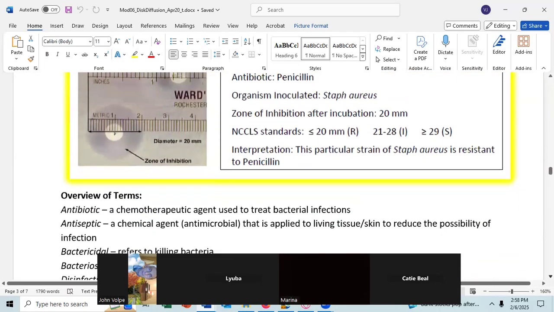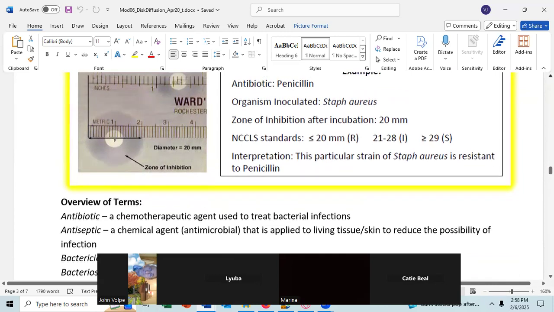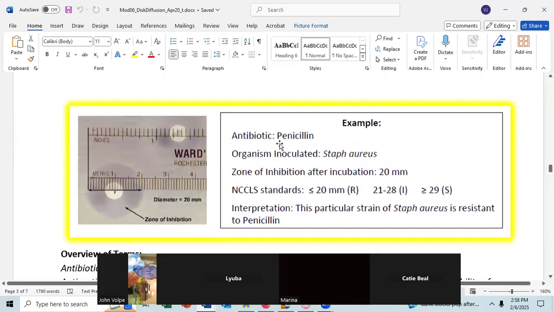Compare it to a table made by the NCCLS, National something something LS Standards. S stands for standards. I don't remember what NCCLS stands for. National Chemical, something like that. I'll get it in a minute. Anyways, on this table for the antibiotic penicillin, they have the table set up for each antibiotic, and